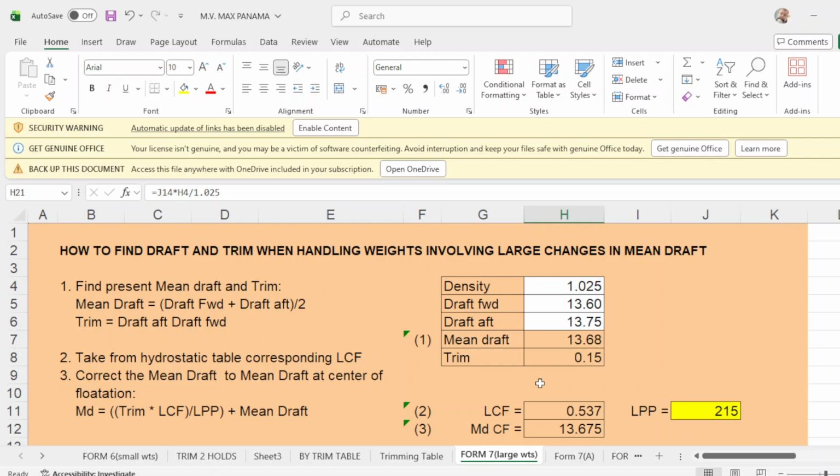So you will not have a hard time in your loading operation or how to compute your remaining cargo to load. This is for our vessels from cape size down to the small vessel, let's say 2 holds. Okay, so this is very important, and this is actually a pre-program. You can avail this one if you like. Just give me an email and I will give it to you for free.